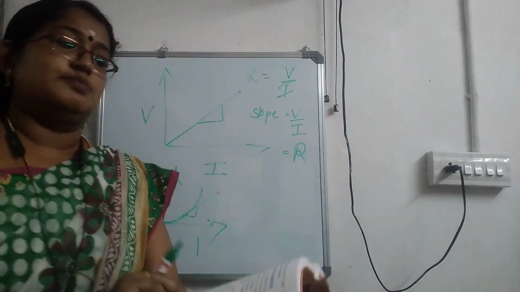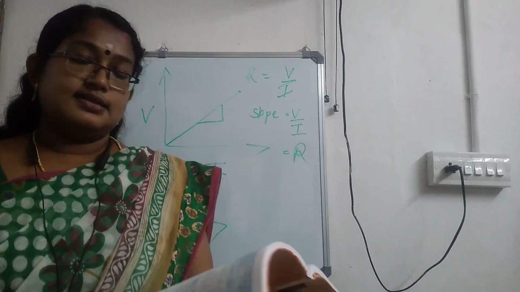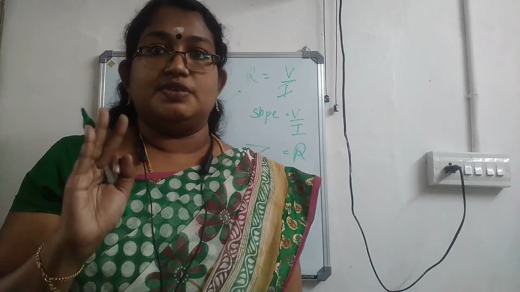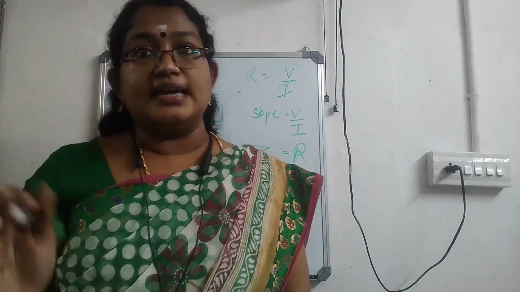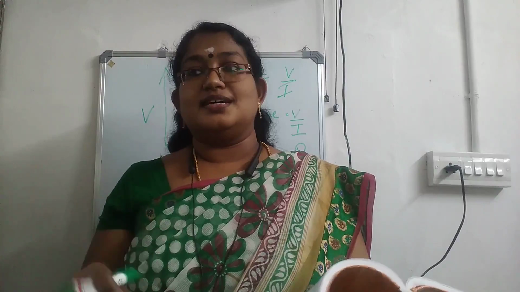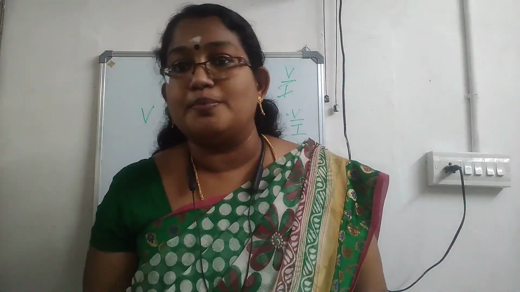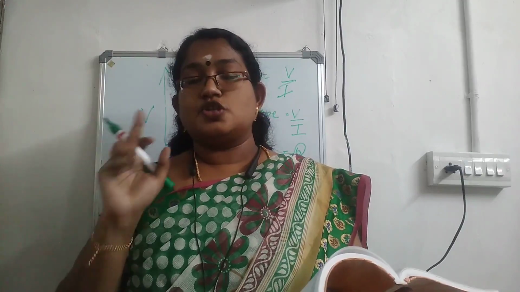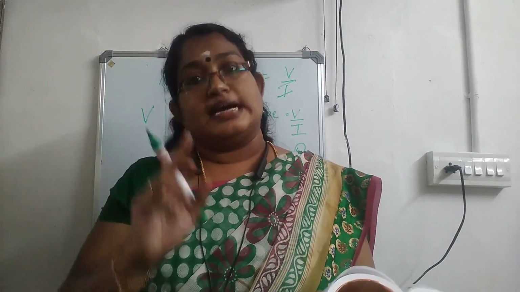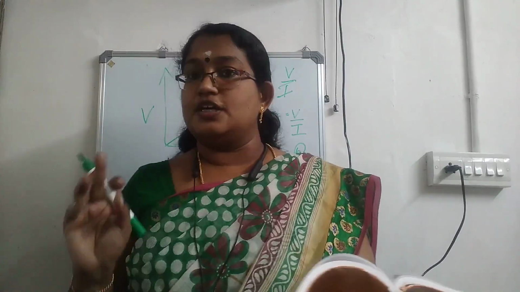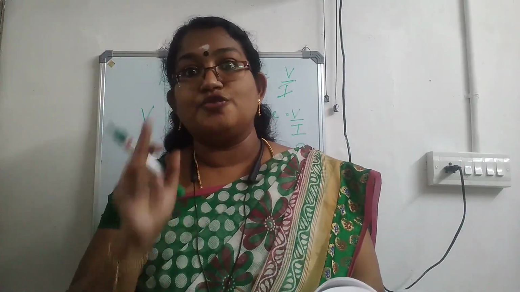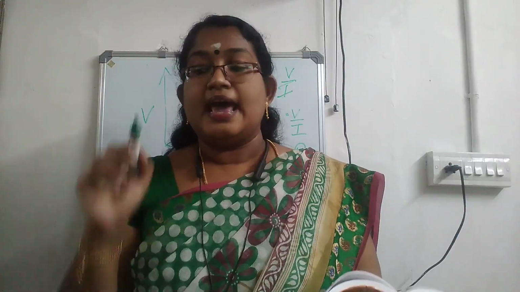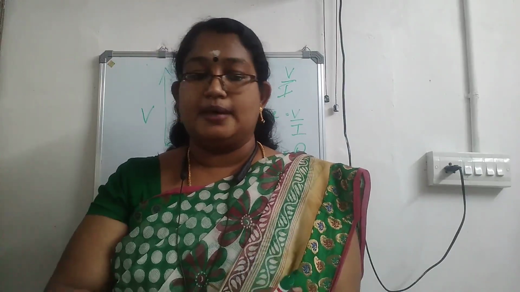Now you can take the textbook. Today in this session I just considered three graphs. Which were they? IV and VI in the case of ohmic resistors and VI in the case of non-ohmic resistors. The slope of the IV graph will give you conductance. The slope of the VI graph will give you resistance. In the case of non-ohmic resistors, you will get a curve, and when you take the slope, you will get the value for dynamic resistance there. And already I told you this experimental verification of Ohm's law is not needed.